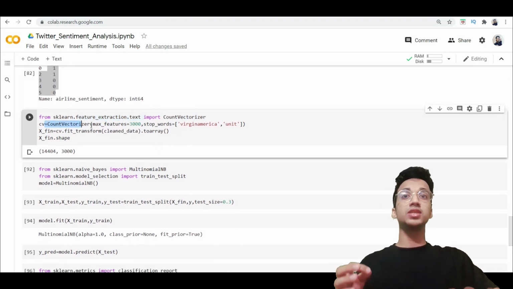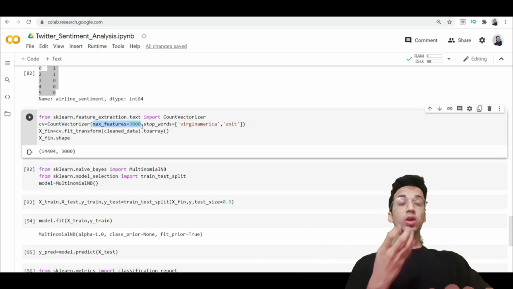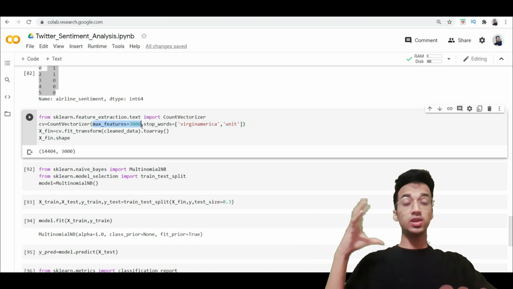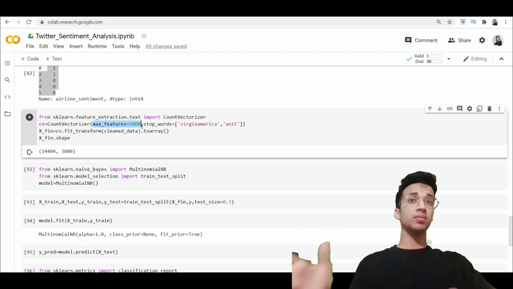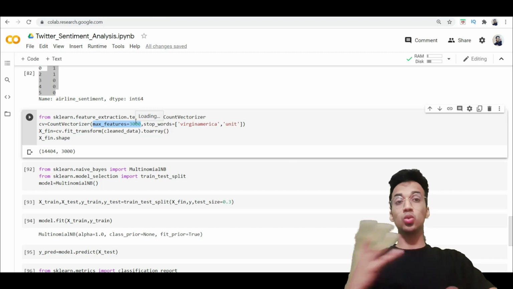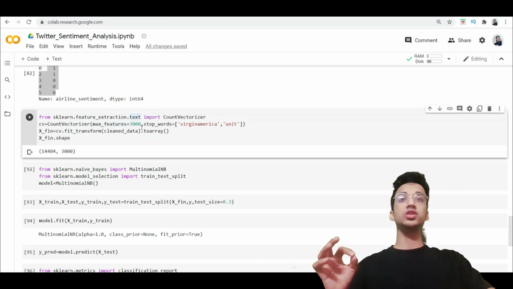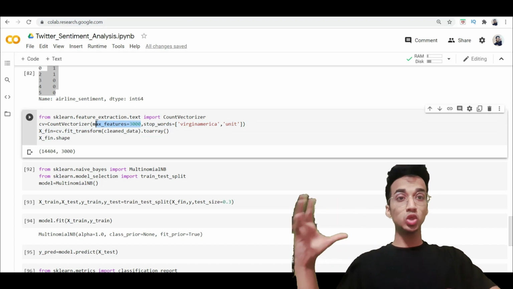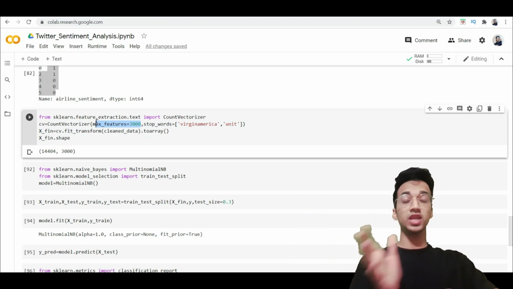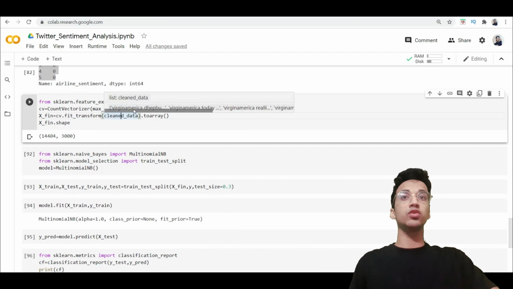And basically you can specify how many features you want, right? What bag of words does is, for each word in the entire document, it forms a separate column, so it becomes around 10-20,000 columns. We don't want that. So when I set max features as 3000, only the 3000 most frequently occurring words will be reserved, and the rest will be removed. You can change that if you want.